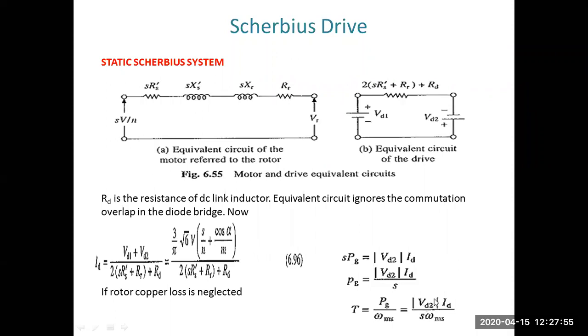क्योंकि ये एक इन्वर्टर है और इन्वर्टर के फायरिंग एंगल को कंट्रोल करवा के हम आसानी से इसको चेंज कर सकते हैं, जिसकी वजह से हमारा टॉर्क भी चेंज होगा। साथ ही साथ अगर हमें करंट को कंट्रोल करवाना है इस ID को, तो भी हमारे पास एक्सप्रेशन किसका है, M है, अल्फा है, N है, तो अगर इनको हम कंट्रोल करवाते हैं तो हम इस करंट को भी कंट्रोल करवा सकते हैं। तो इस तरीके से हम रोटर की करंट को कंट्रोल करवा के उसकी पावर को, टॉर्क को और स्पीड को, तीनों को कंट्रोल करवा सकते हैं।